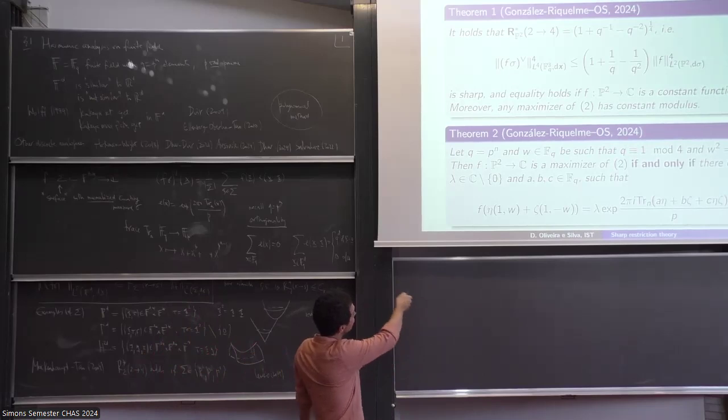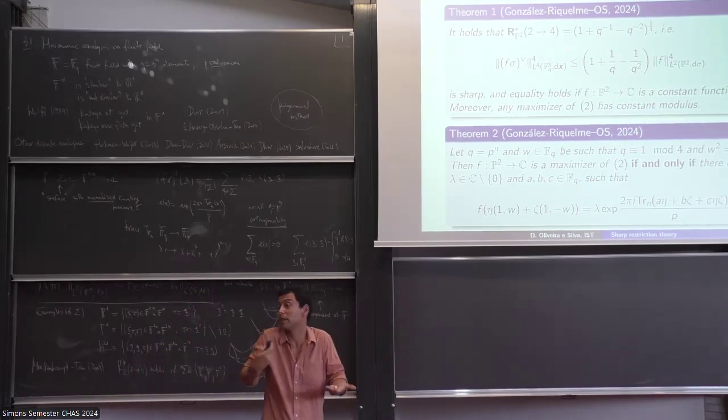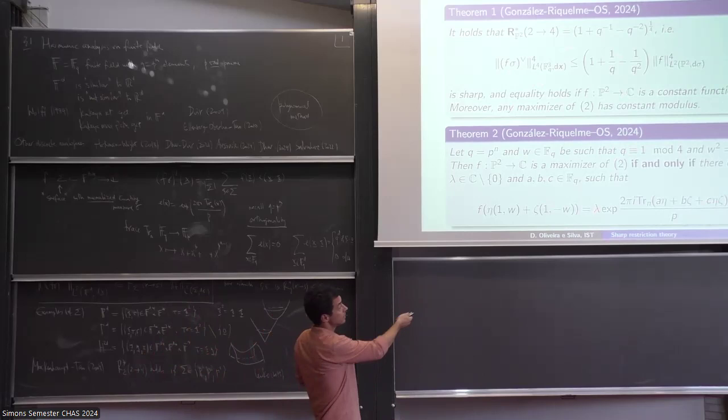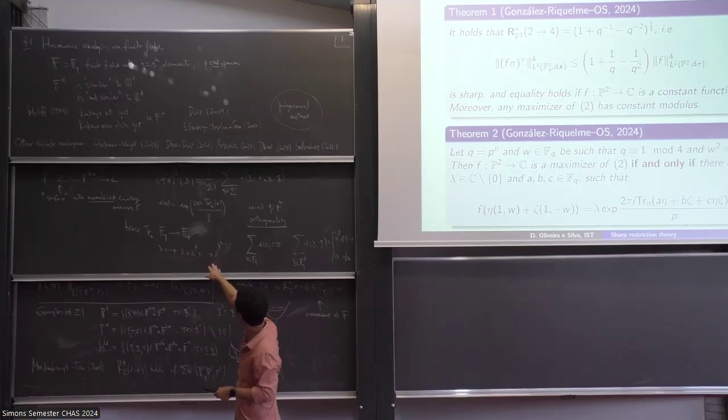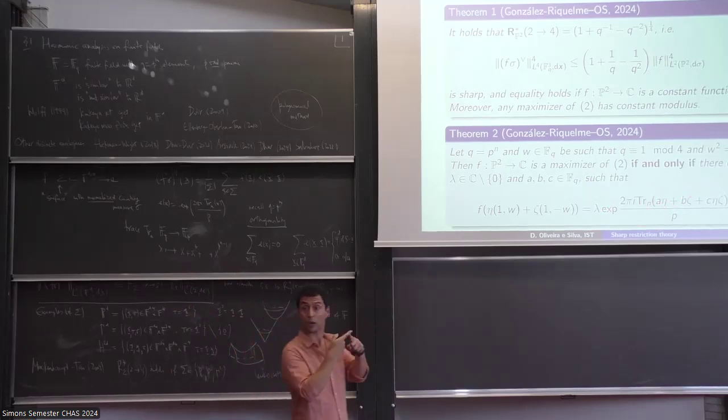And our result says that for this inequality 2, f is a maximizer basically if and only if it is a Gaussian. Of course, what does Gaussian mean in finite fields? Well, this is a possible interpretation of the Gaussian. It's formulated in terms of the trace, but if you don't want to think about the trace, just think about the case n equals 1, where the base field is F_p. And so that's just the exponential of a constant times a linear part in eta, a linear part in zeta, and then the quadratic part that makes it